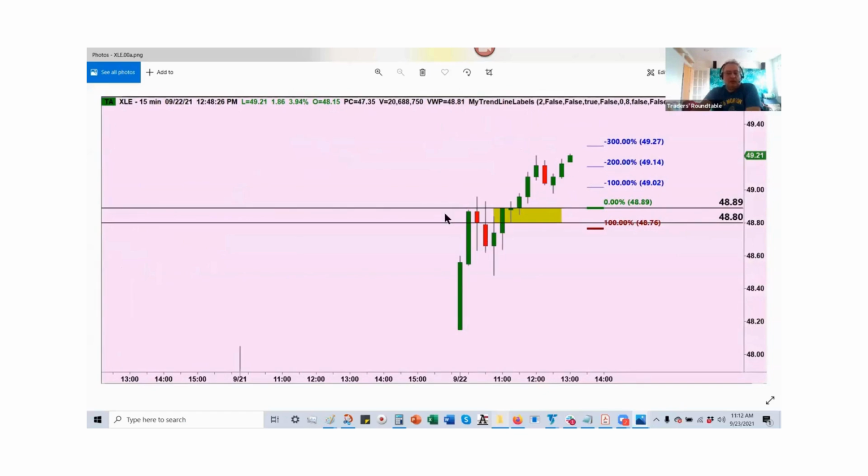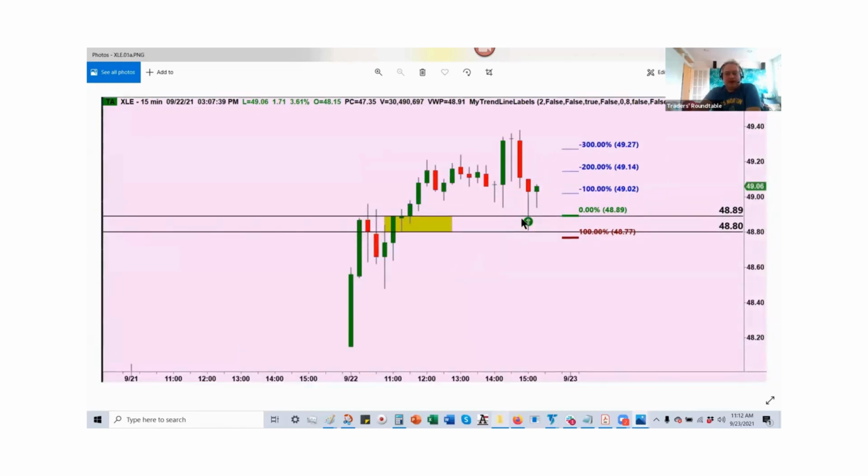And lastly, here's the XLE. Again, there's that level that I showed you 2 or 3 minutes ago. Price came up, rallied, consolidated for that one brief candle, and came up again, waiting for the pullback. Price came back, went in,